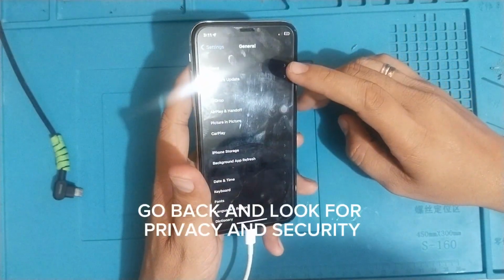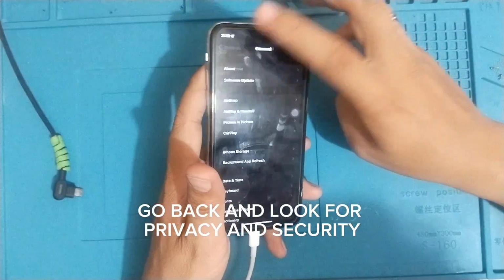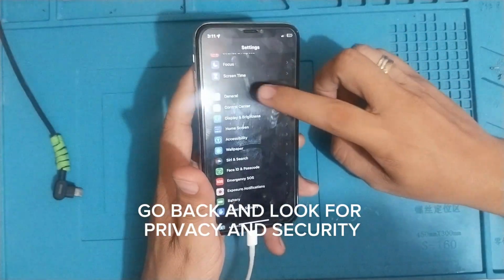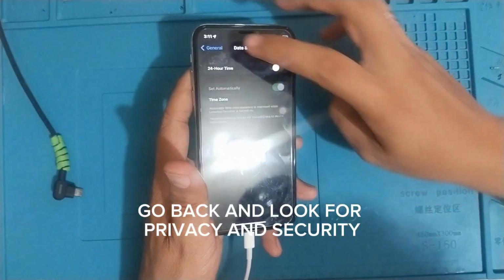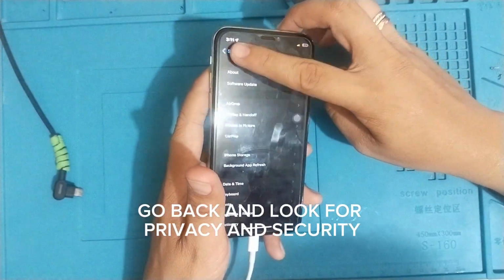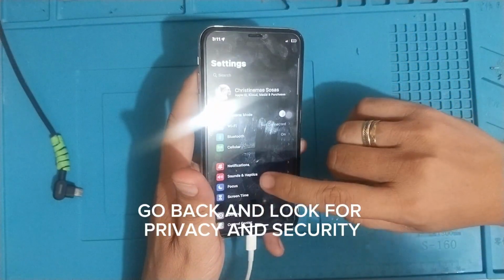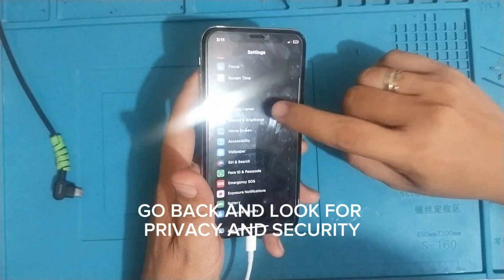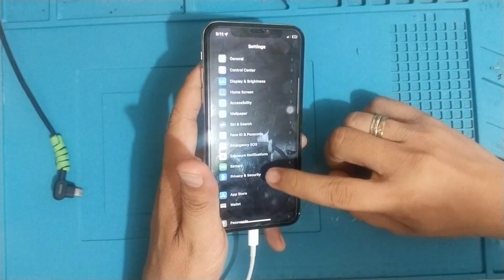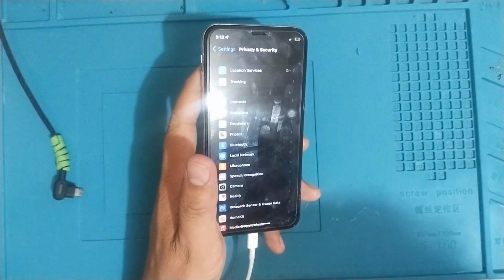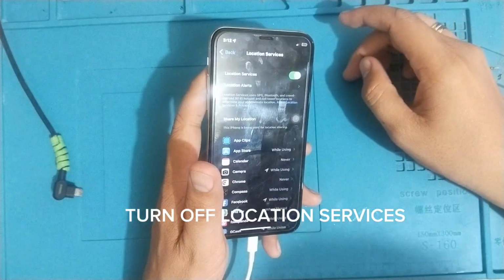So to fix this, mga tech shop, you'll need to go back and look for privacy and settings, or privacy and security. And then once you find the privacy and security, you'll need to turn off the location services. As you can see, it's turned on currently, so you'll need to turn it off